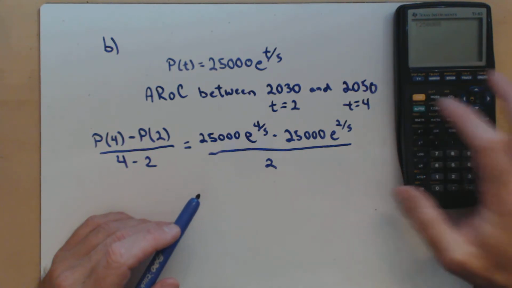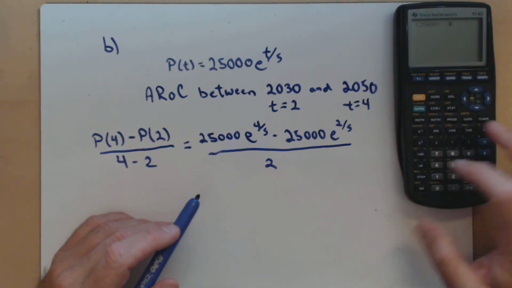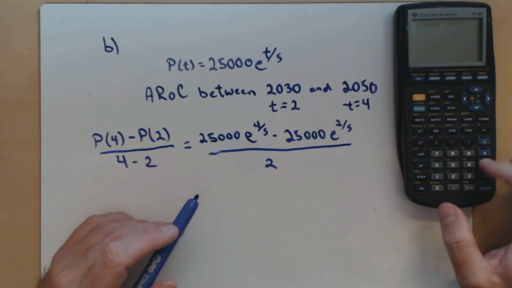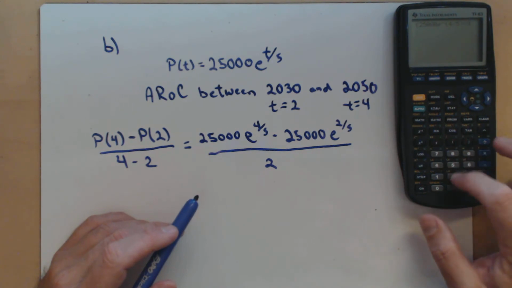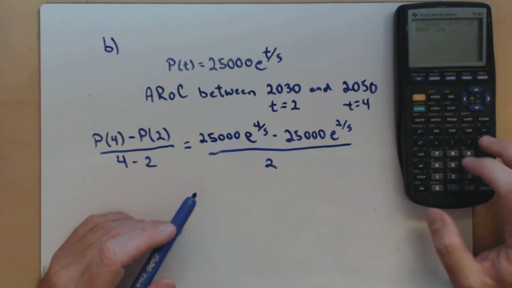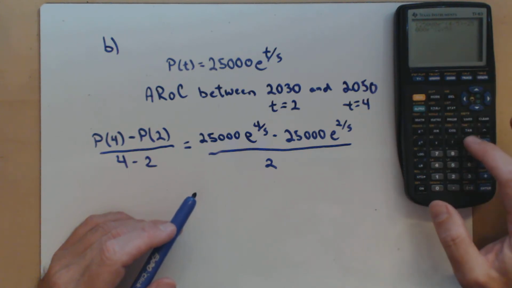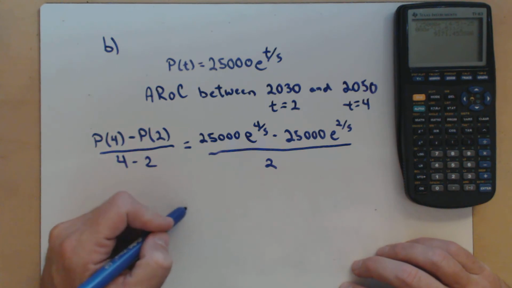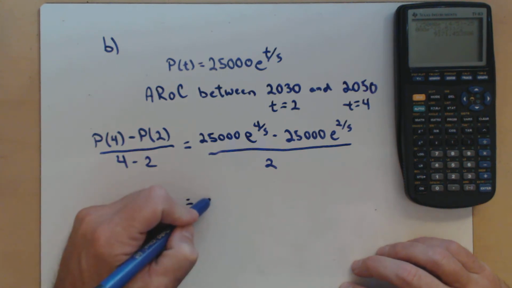25,000, second e raised to the, and now I'm going to put in 4 divided by 5. So there's my first input. Now minus 25,000, second e to the 2 divided by 5. Close that for my numerator. That all gets divided by 2. I hit enter, and I get an average rate of change of